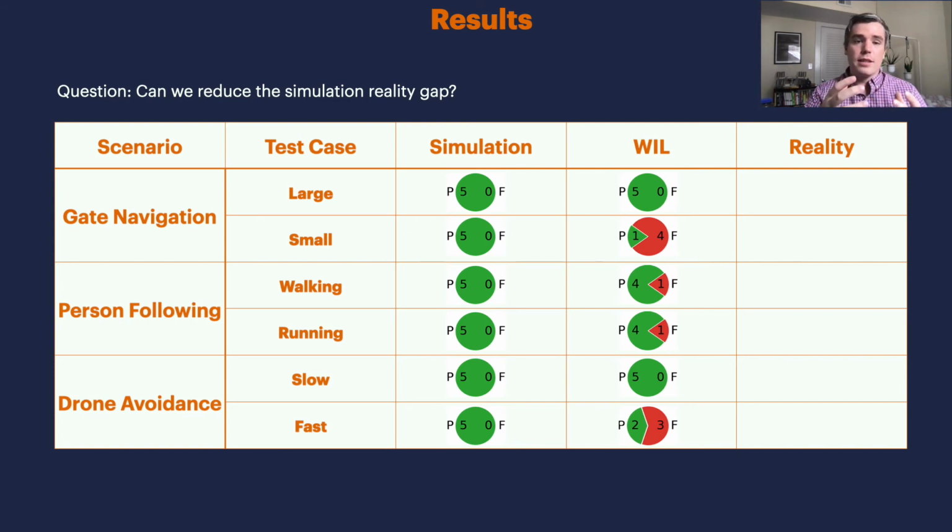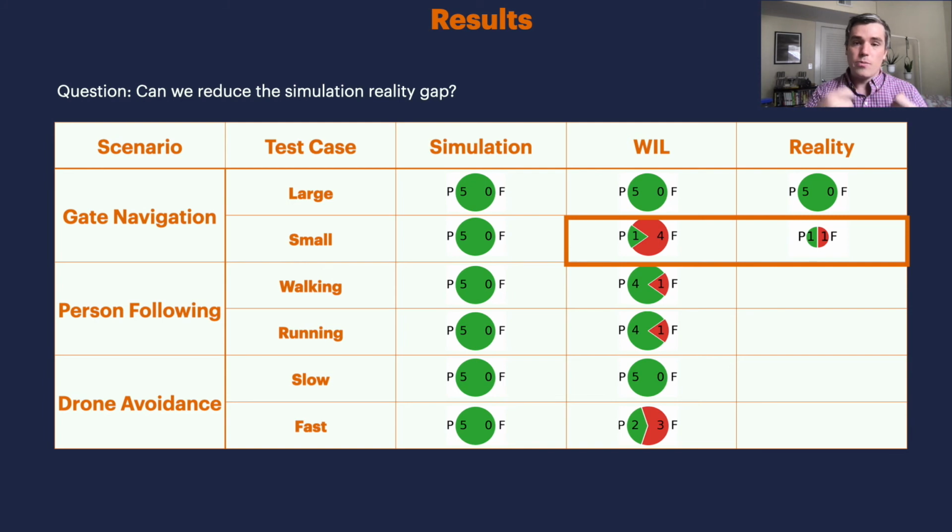And to confirm that these results were more closely aligned with reality, we ran the tests in the real world. So first, we found that in reality, the system can pass through the large gate successfully. Next, we showed that when you consider the small gate, the first test passed and the next test failed, and this crash resulted in a broken gate as well as the drone propeller being damaged, so the experimentation was